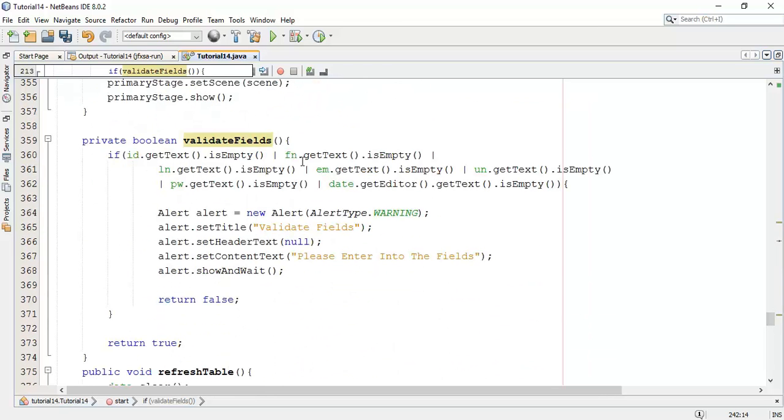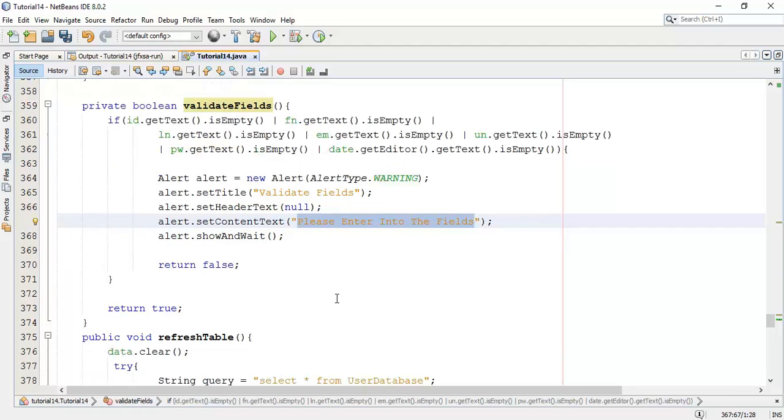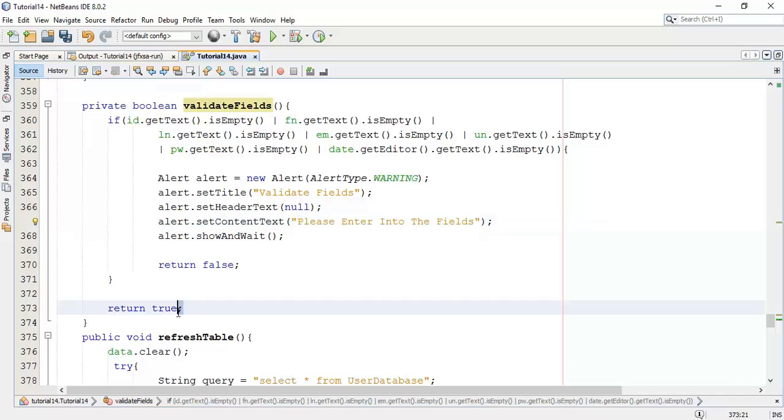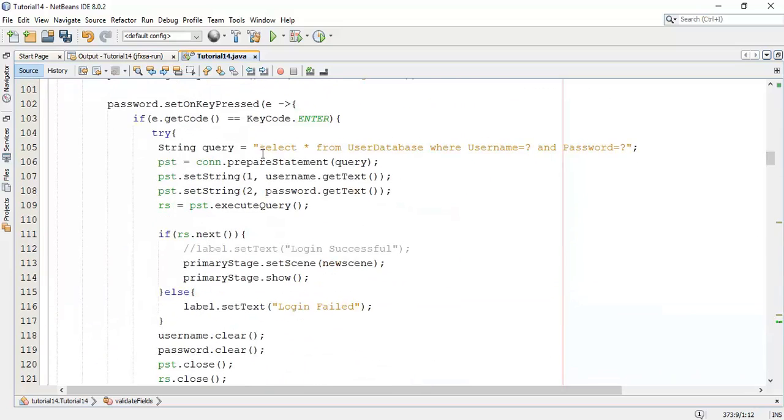So this is the validate fields. It will check whether all these fields are empty. If the fields are empty, it will show the message please enter into the fields and return a false to the save action method. And whenever the fields are empty, the user is not created, and when the fields are not empty, it will return true and the save action method enters into the try catch block.